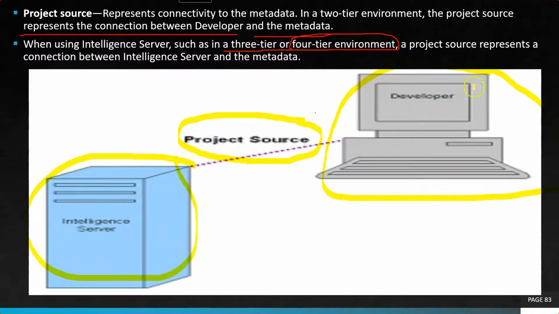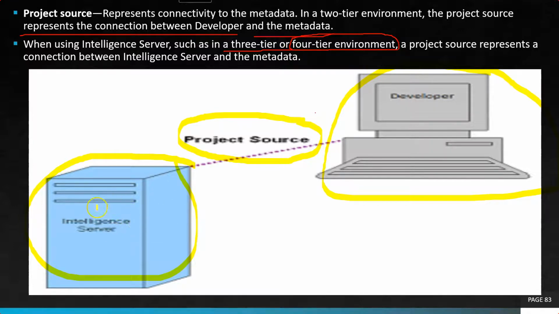As you can see here, I have one developer's desktop installed and my intelligence server on this separate server. So even if you have everything on a single box, the project source will still be in the picture because it's going to communicate between your developer and your intelligence server. Not only the intelligence server, but the project source is going to communicate with your metadata. If you have 3 tiers, so obviously